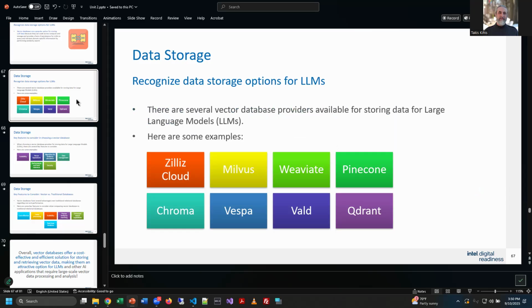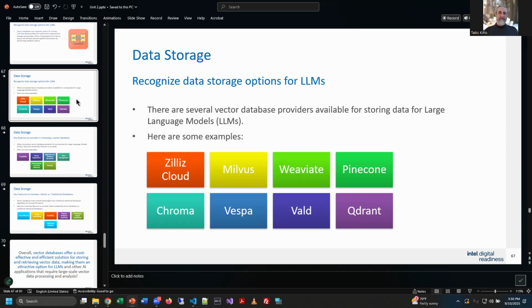Now, when we look at vector databases, right? We have these regular cloud storage providers like Amazon and Microsoft and Google, right? Where you just, oh, here's some storage online. You can take your traditional files and put them out on this traditional storage platform.